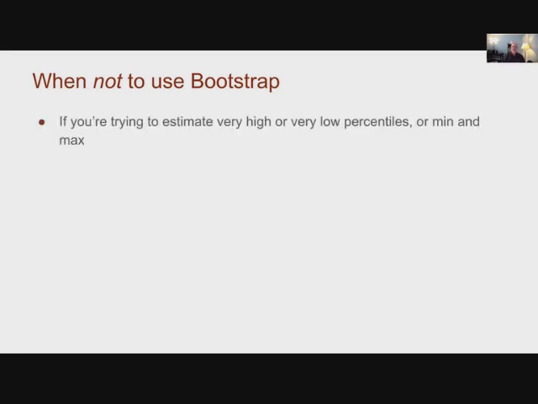Note it was not a coincidence that a lot of the statistics we were looking at were medians. Using a bootstrap when you're trying to estimate very high or low percentiles, or min and max, is not a good fit. And you can think about why, if you just think about the process itself, where we're taking that initial random sample, and presumably we've taken our sample large enough that we've captured the spirit. But if you have a very long tail distribution, or you have some outliers,